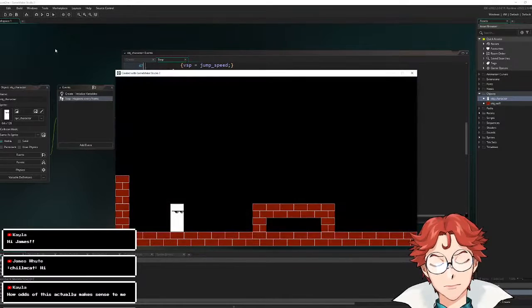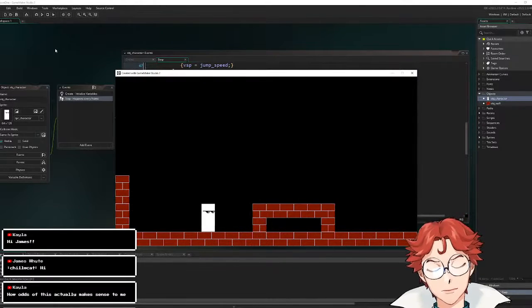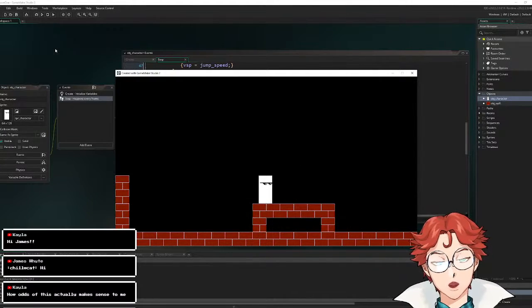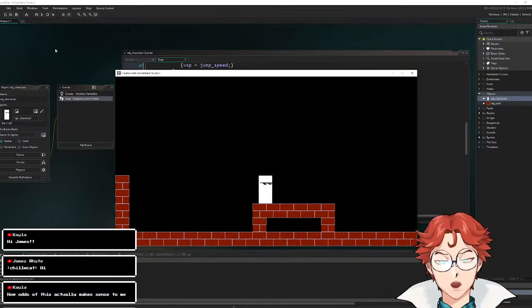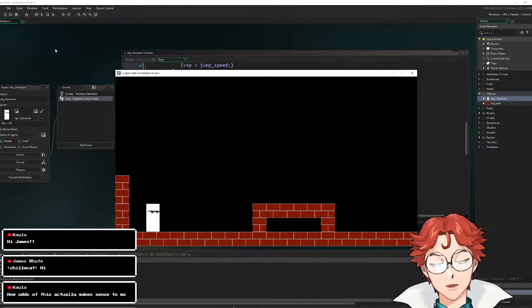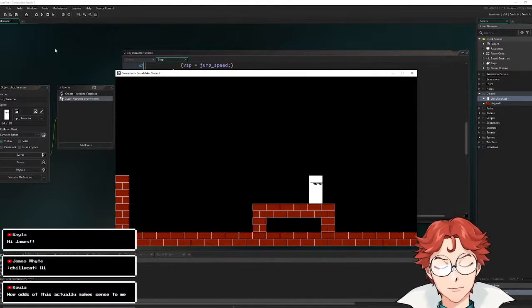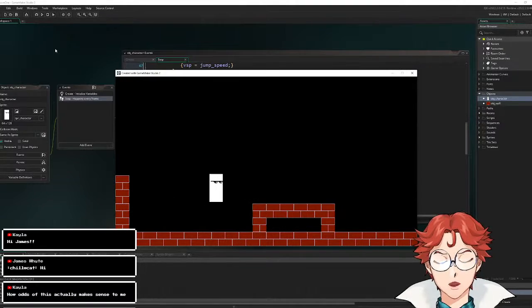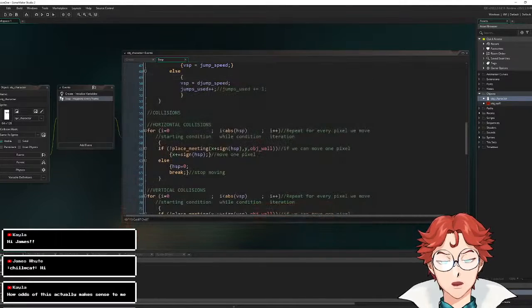Sure, we can have him go ahead and just change with your inputs, but that can create some very bizarre interactions. Instead, we're going to have him change his looking orientation whenever he's actually moving in either direction, because you can be pressing right and you'll start turning around as you hit left, but we don't want him to turn around immediately. There's a couple of interactions we can do with that, which might end up being a little weird. So,